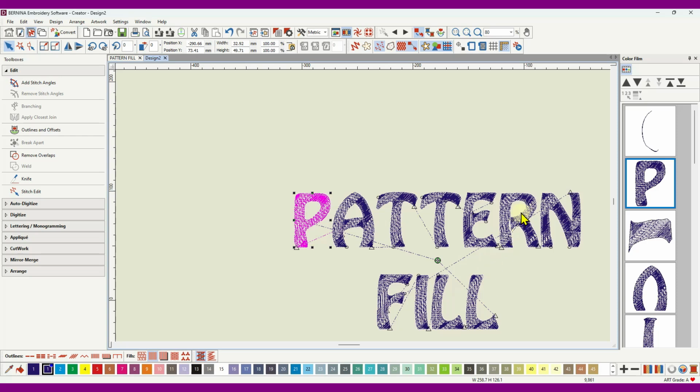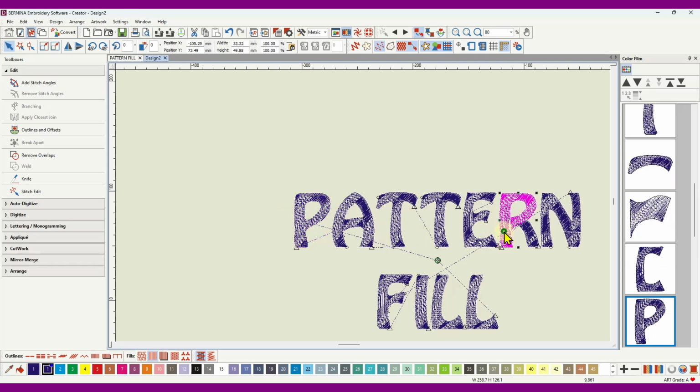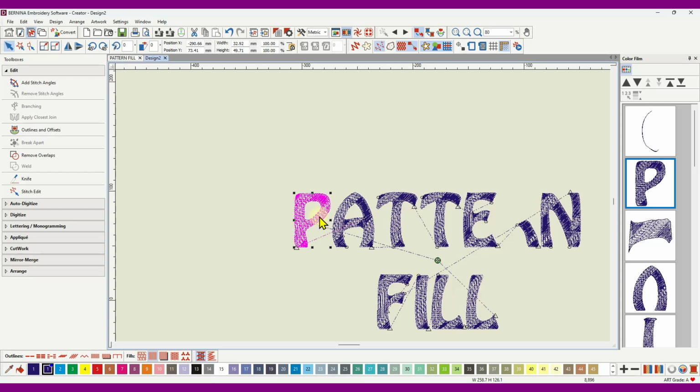So I need to do the same with the letter R, but what I can do, because that part of the R is exactly the same shape as that P, is select this part of the R and delete it, and then I can select this P, right click and drag a copy of it over here